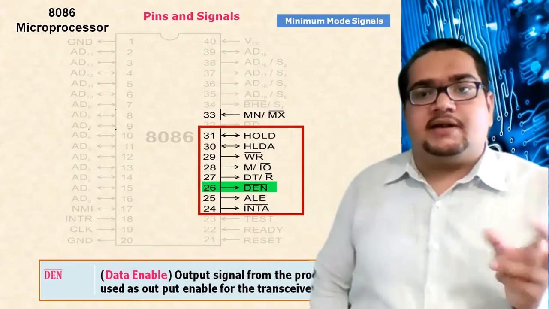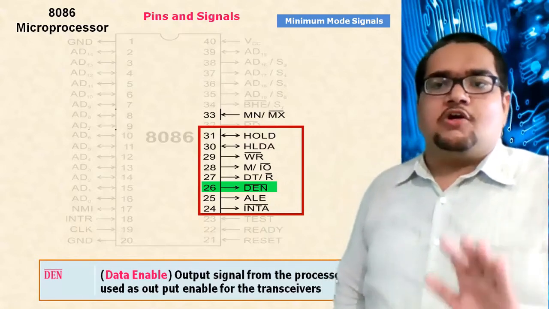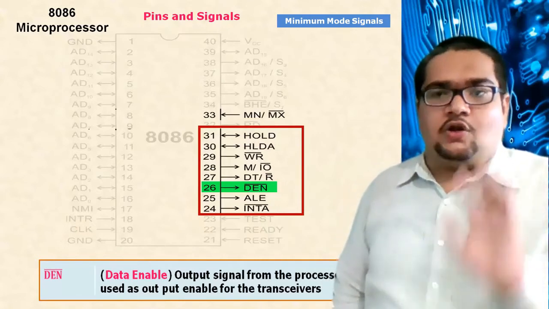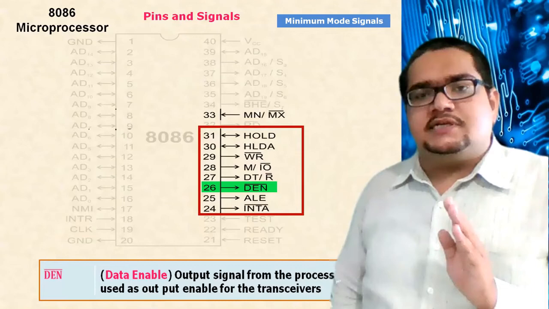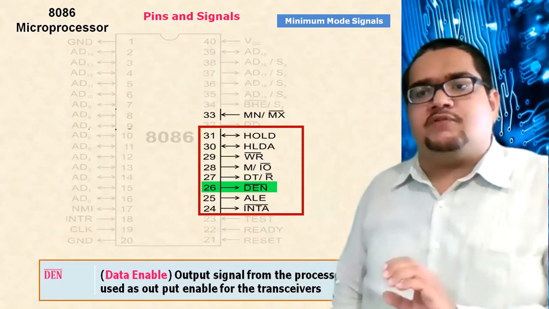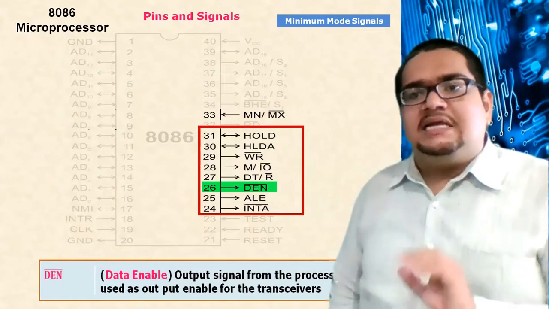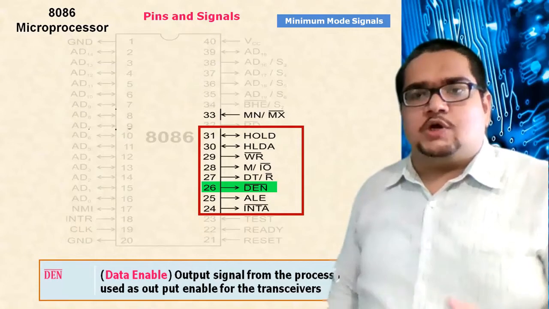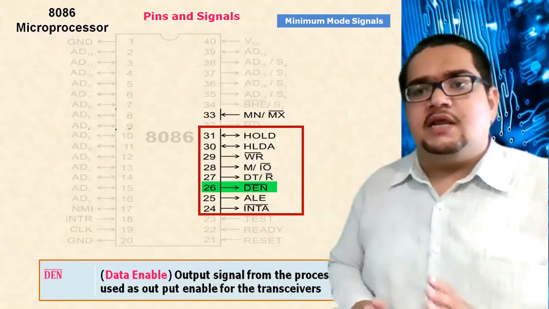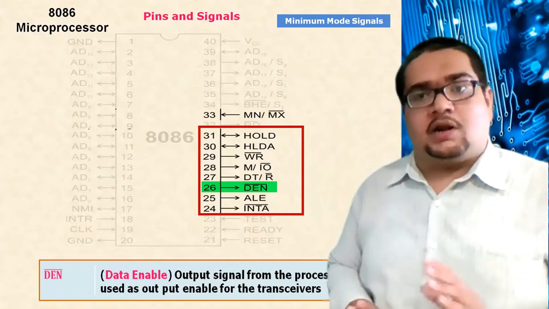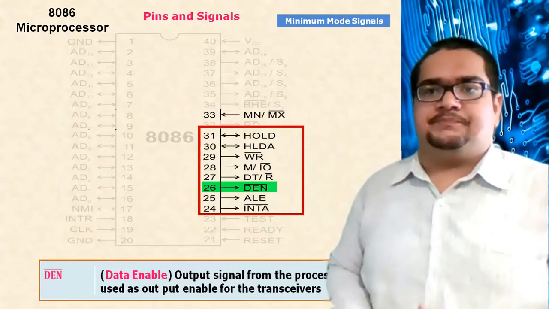So when this transition from address to data and data to address is happening, what is earlier available on those lines should not be erased completely and lost. So for that purpose, whenever data is there on the AD lines, this DEN bar will make sure that a copy of data is saved onto the buffer, and ALE will make sure that a copy of address is also saved onto the latches. Because when one read or write operation is going on, it has to make sure that till the whole operation completes, both the address of that data and the data itself are available in the system.